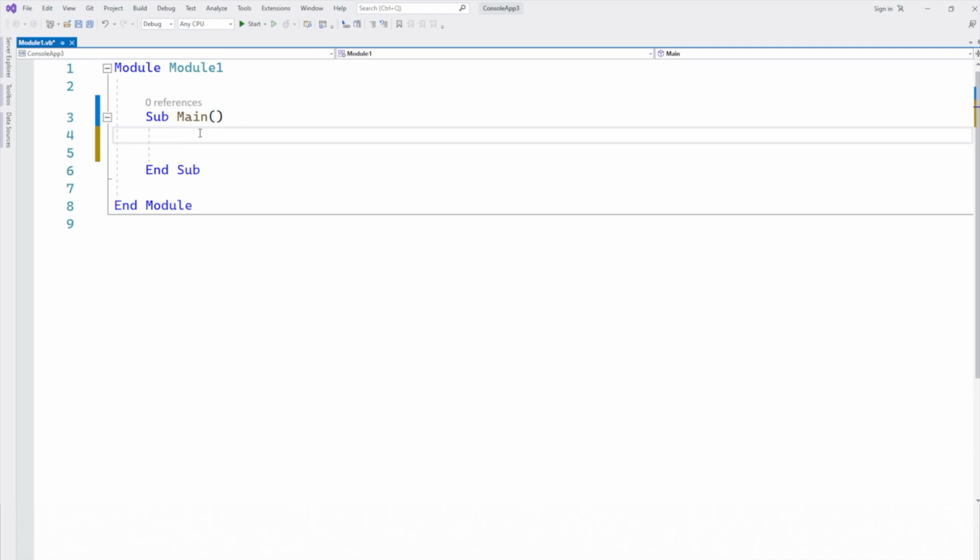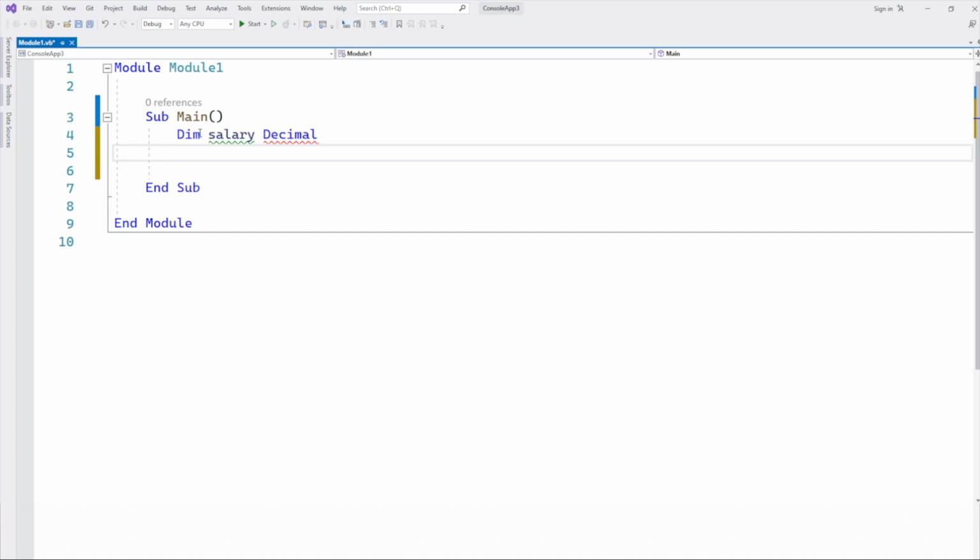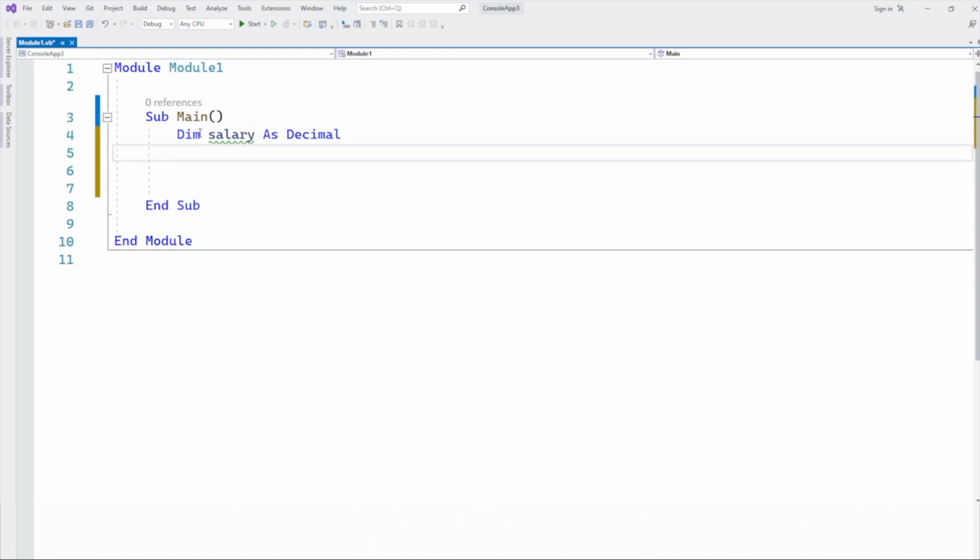How many variables do you need for this program? Two. What's the first one? Salary. So we do Dim salary, and what should be the data type? Integer. You can have integer, but of course it is possible for some salaries to be in decimals, so we will just declare it as a decimal when you do the percentage. So what else do we need? New salary,